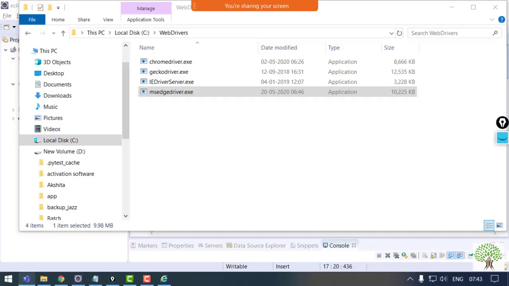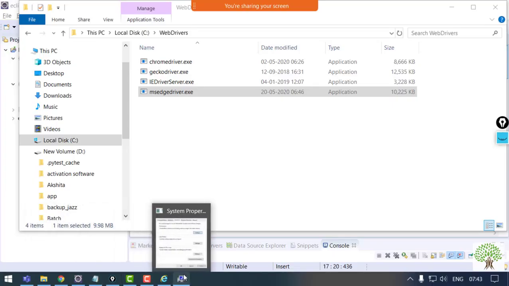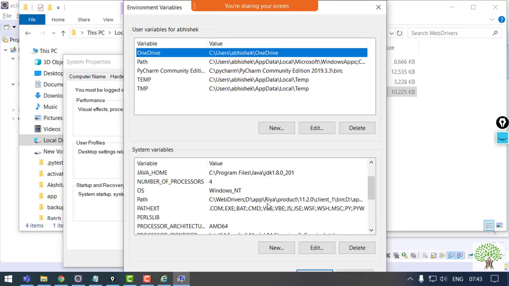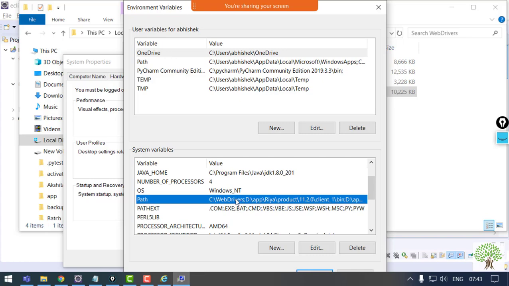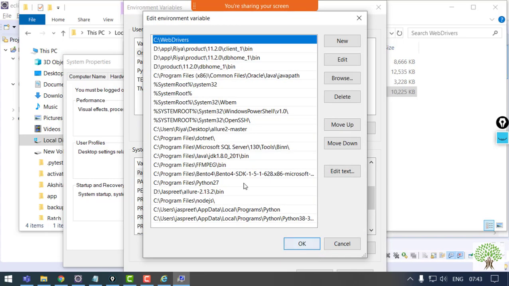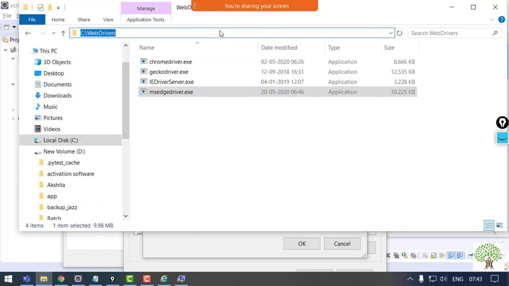Just wait. Environment variables. Over here in the system variables, go to path, edit it, and over here just give the path of the exes. Like I have kept it in a folder, so I can give the whole path of the folder and all the exes will be kept along.